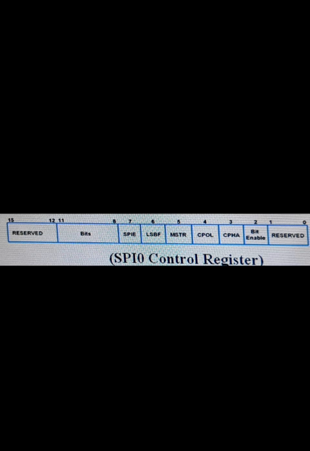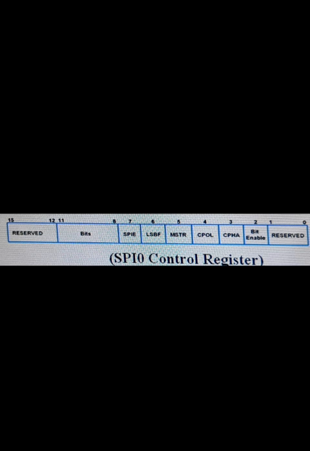enable. When this bit is 0, the SPI interrupts are disabled, and when this is 1, a hardware interrupt is generated each time SPIF or WCOL bit is activated. Bits 8 to 11 decide the number of bits per transfer. Bit number 2 of this register is enable, and must be 1 for this. 8 bits per transfer is initialized as 1000. 9 bits per transfer is initialized as 1001.